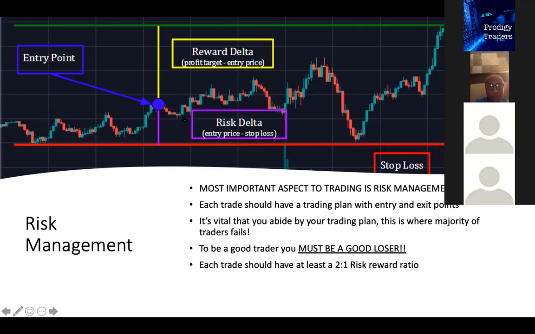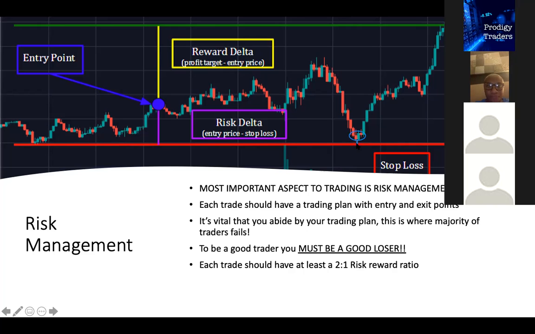So you see the entry point. The green up here is the target profit. So basically, what that means is when the price hits that point, as it did, that's where you take your profits and you get out of the trade. And this red line right here is his stop loss. What the stop loss means is if the price breaks this, he's out of the trade. He's going to cut his losses small. And if you see, I wish I could highlight this right here. Can I do that? See, draw, if that works. So if you see right here,